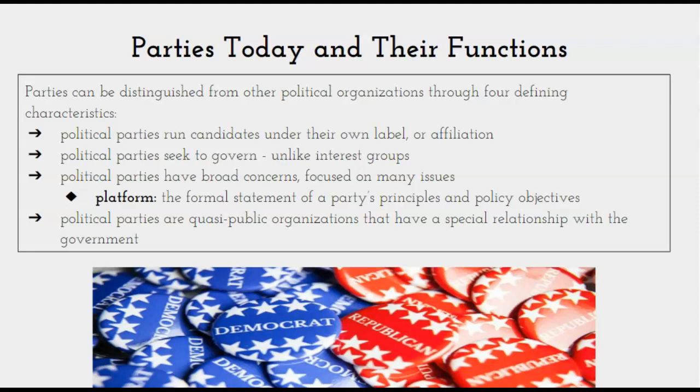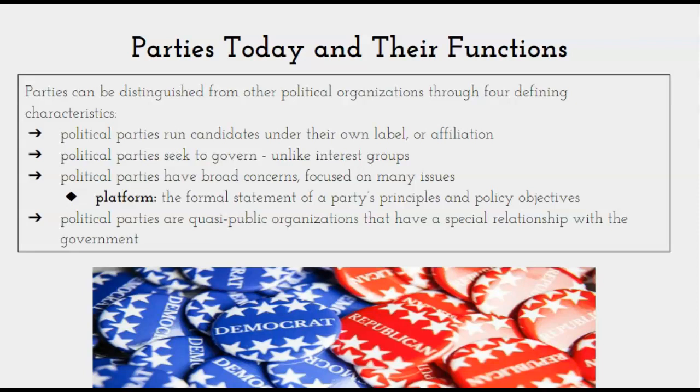Political parties are also quasi-public organizations that have a special relationship with the government. When we see how the government is organized between majority and minority, for example, that's a direct way we can see how political parties have such a strong part in dictating the structure of how government